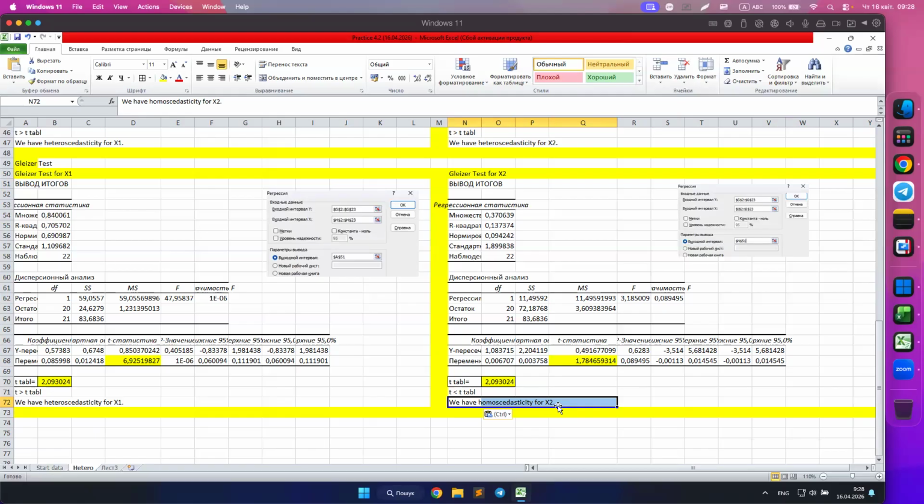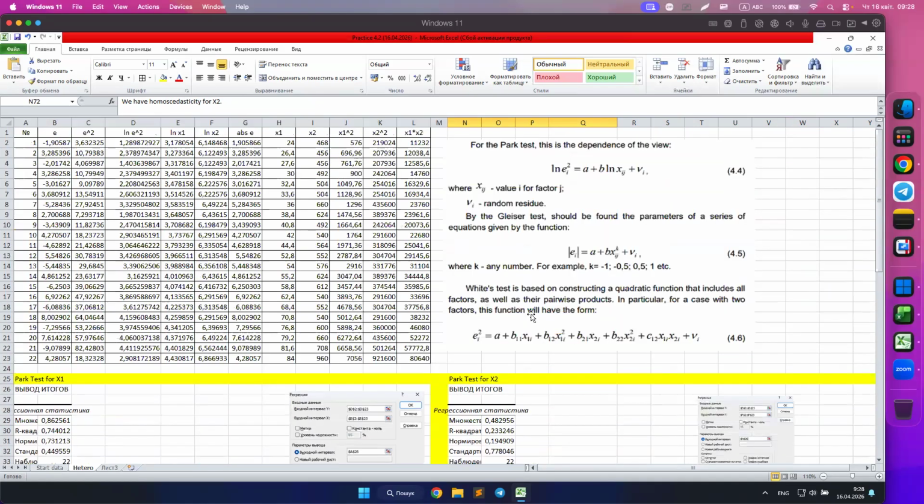So how can we check full information about hetero or homoscedasticity? For this, we go to the next test, the main test for heteroscedasticity checking. This test is named after White, and we will speak about the White test. In the White test, we create this equation, and this equation is not simple, of course, but very